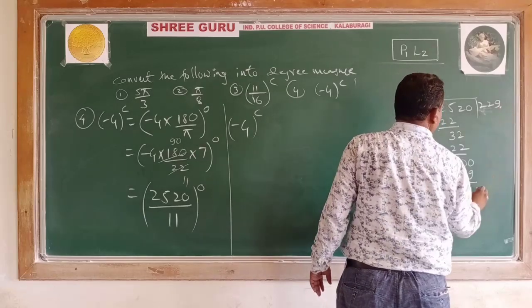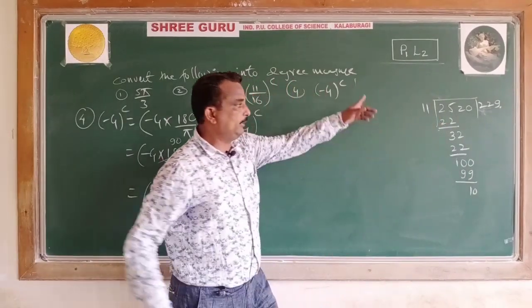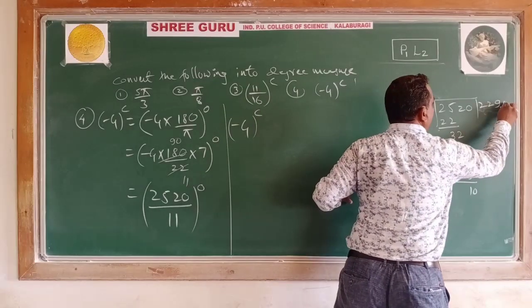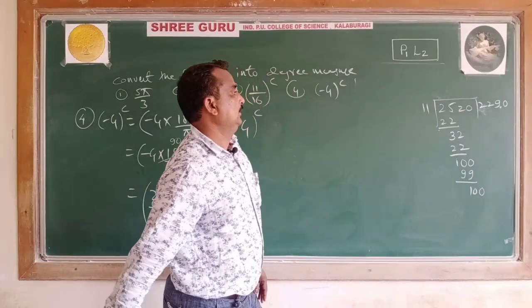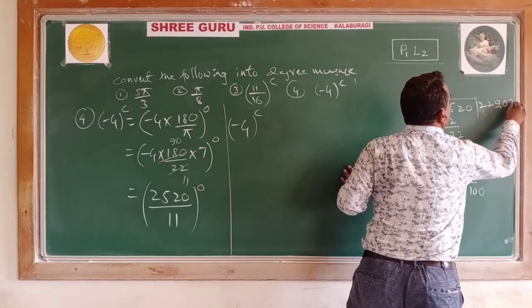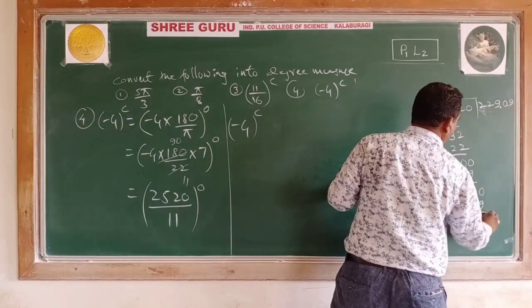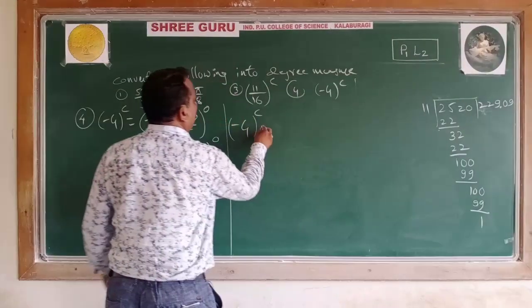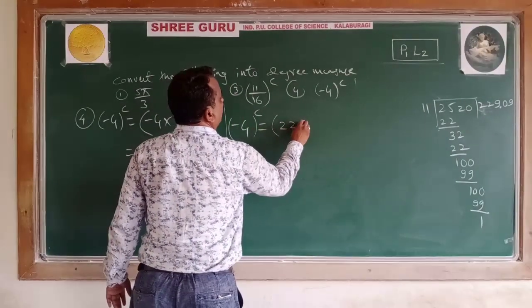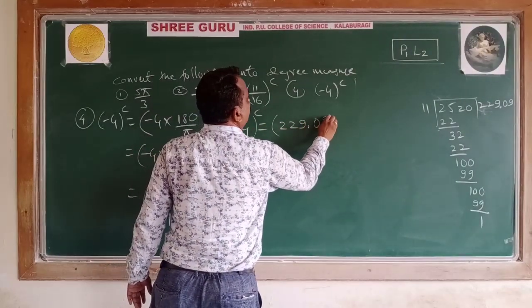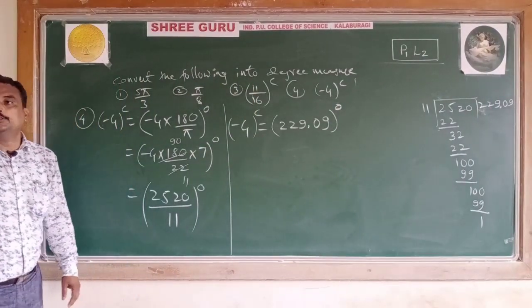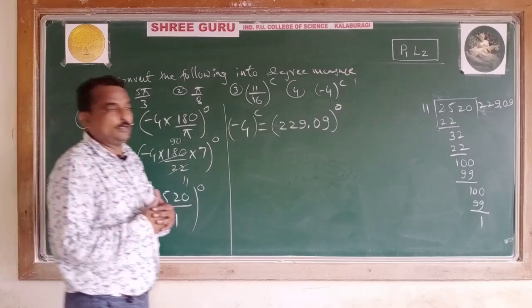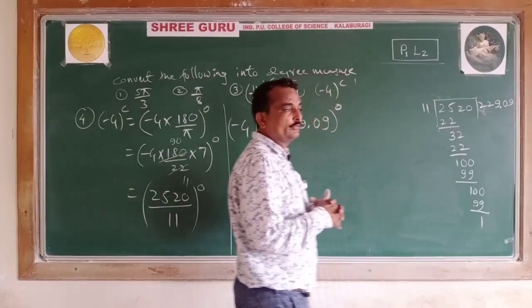If you take a decimal point and 0, it again becomes 10 here, 11. So taking 0 and then one more 0 here, 9 it is. Up to 2 decimal points is enough. 99 it is. So how much do we have? We have 229 degree 0.09. You can't read it like that; in terms of fractions here.